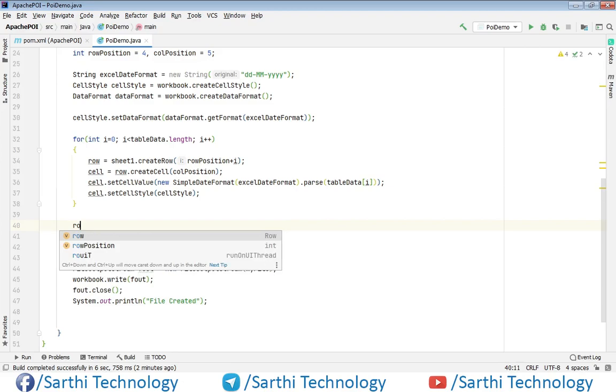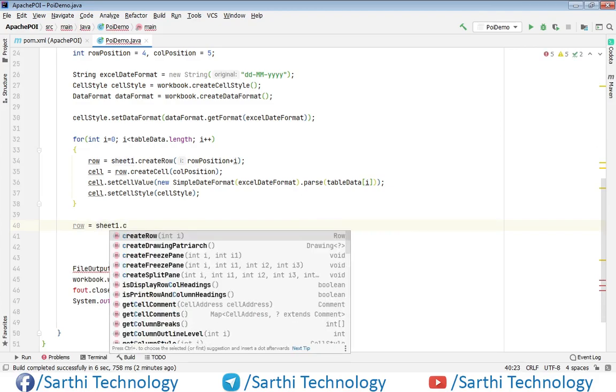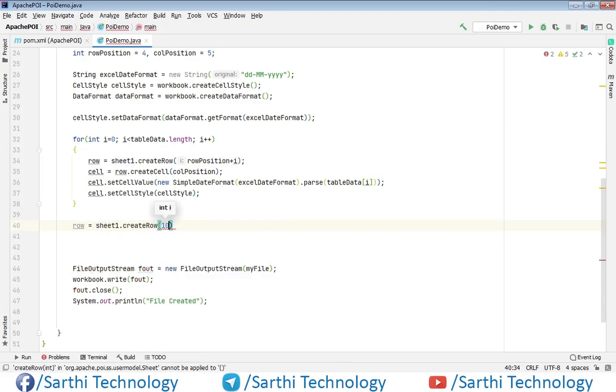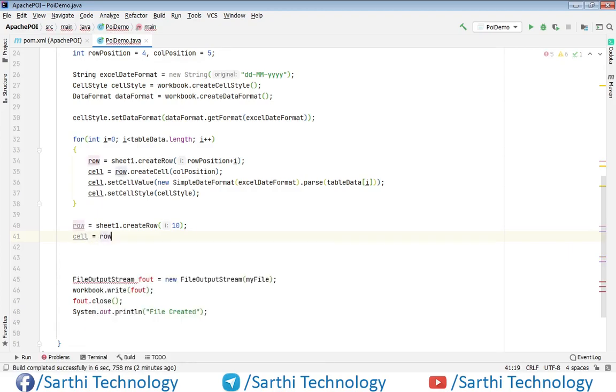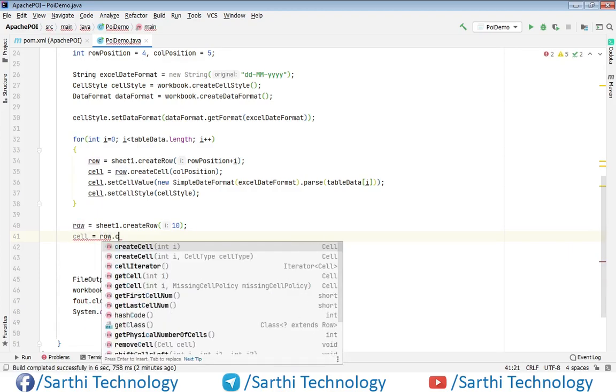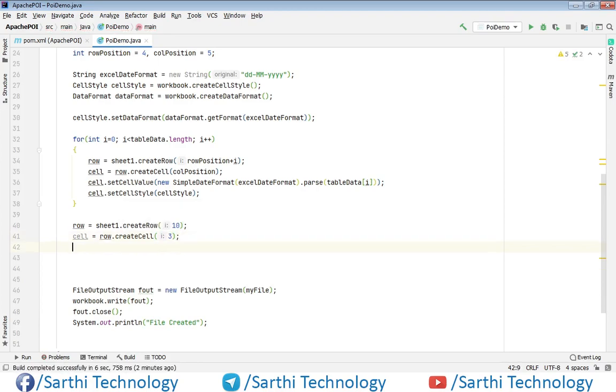So row equal to sheet1 dot create row, and for example 10, cell equal to row dot create cell, and for example the cell position will be 3, and here we will set the current date.